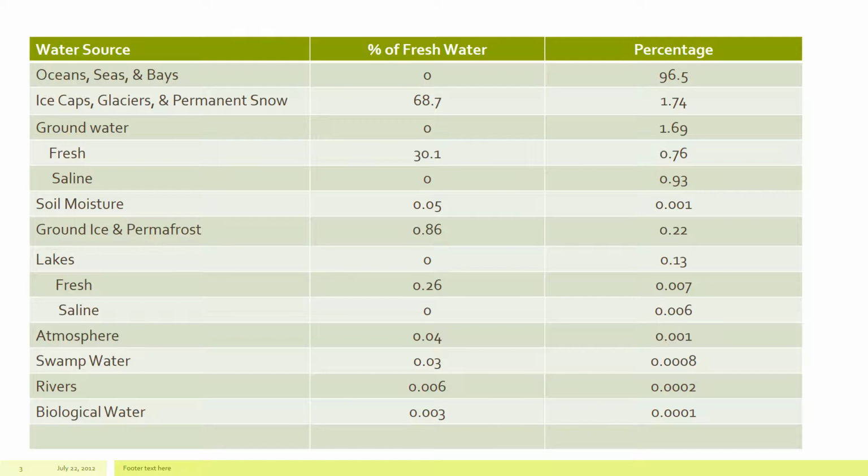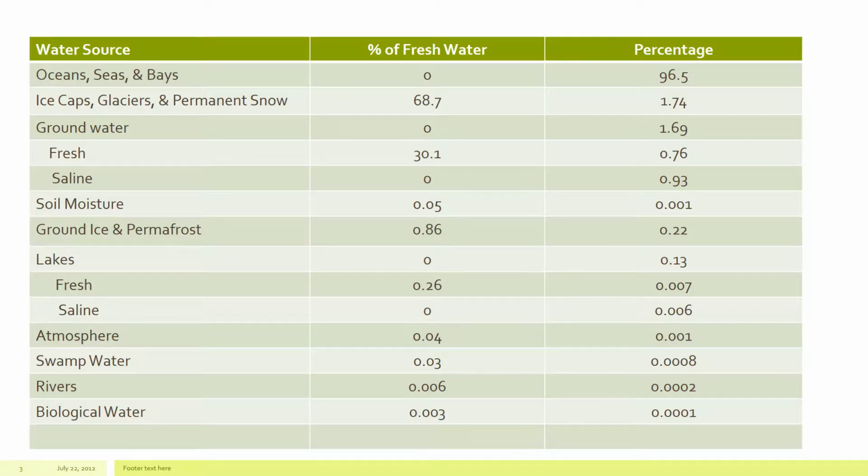According to research, the most water comes from oceans, seas, and bays, which provide 96.5% of total water availability. The ice caps, glaciers, and permanent snow provide 1.74%, and of this amount, 68.7% is fresh water available for human consumption.